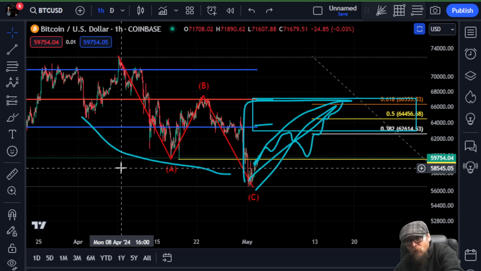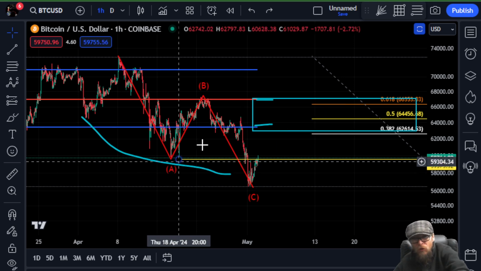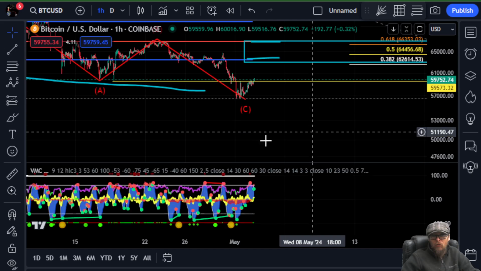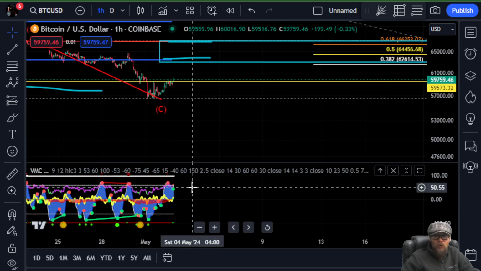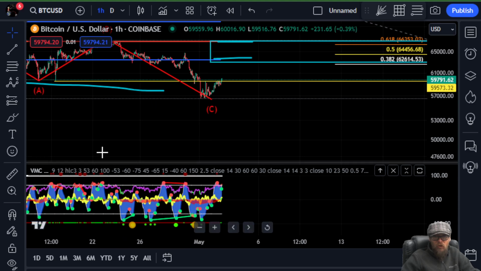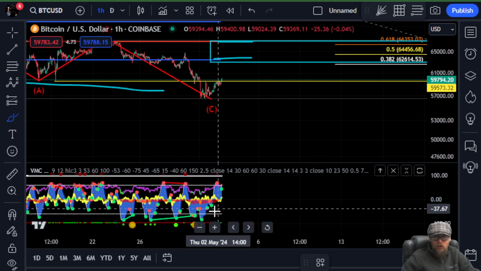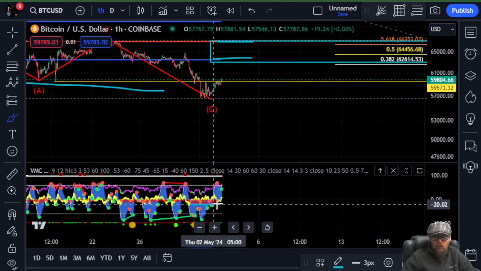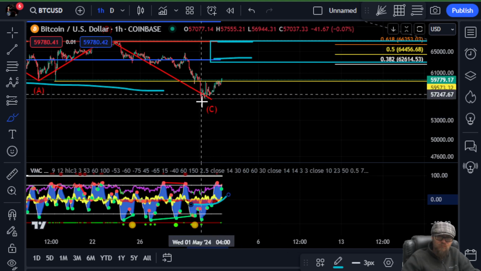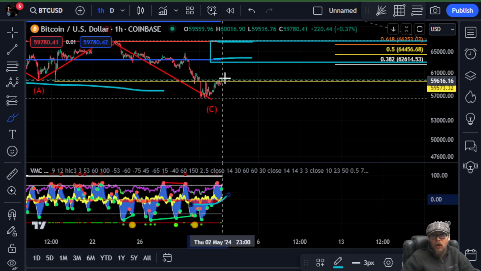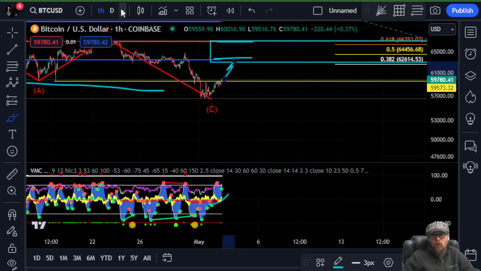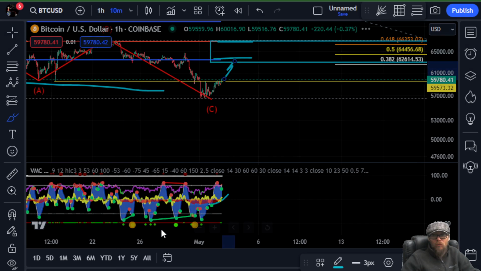So really, being that we're getting this potential move to the upside, this still looks pretty bullish. And we got a lot of bearish action on the oscillator. Let's look at the hourly. Look at this money flow. Looks like it wants to cross over into the green, which could be the catalyst that gives us the rest of this push up. If we come down a little bit more,